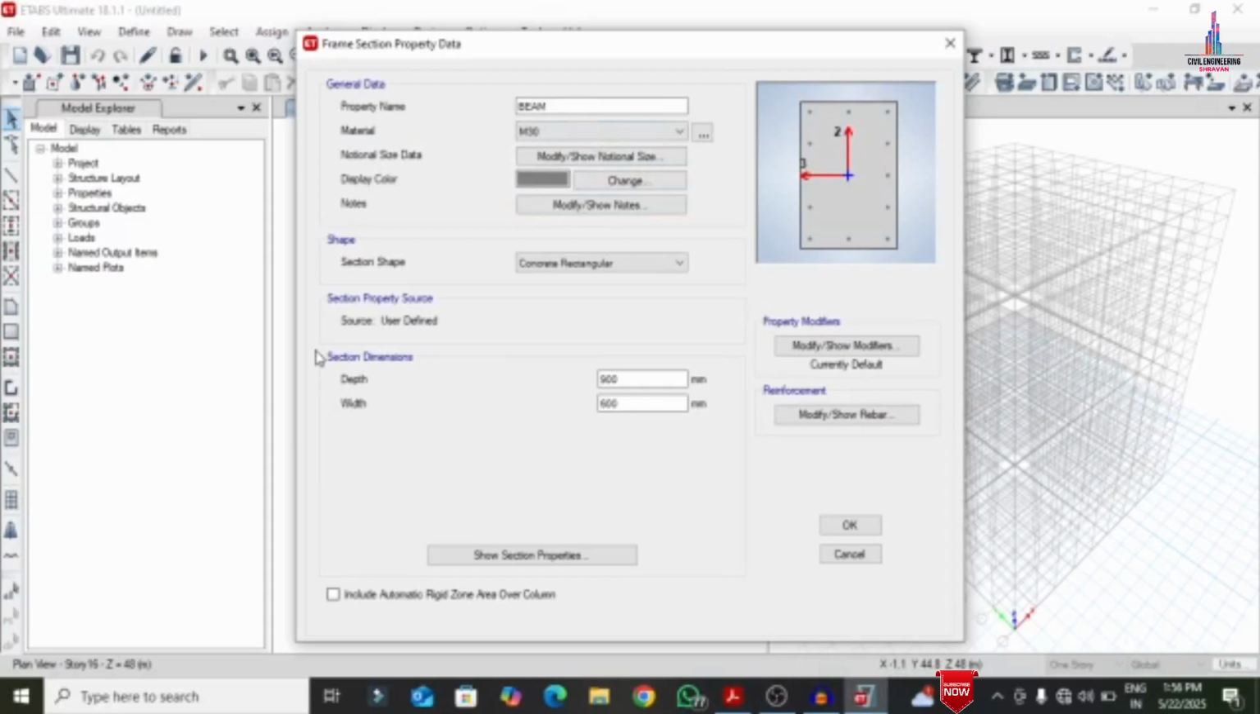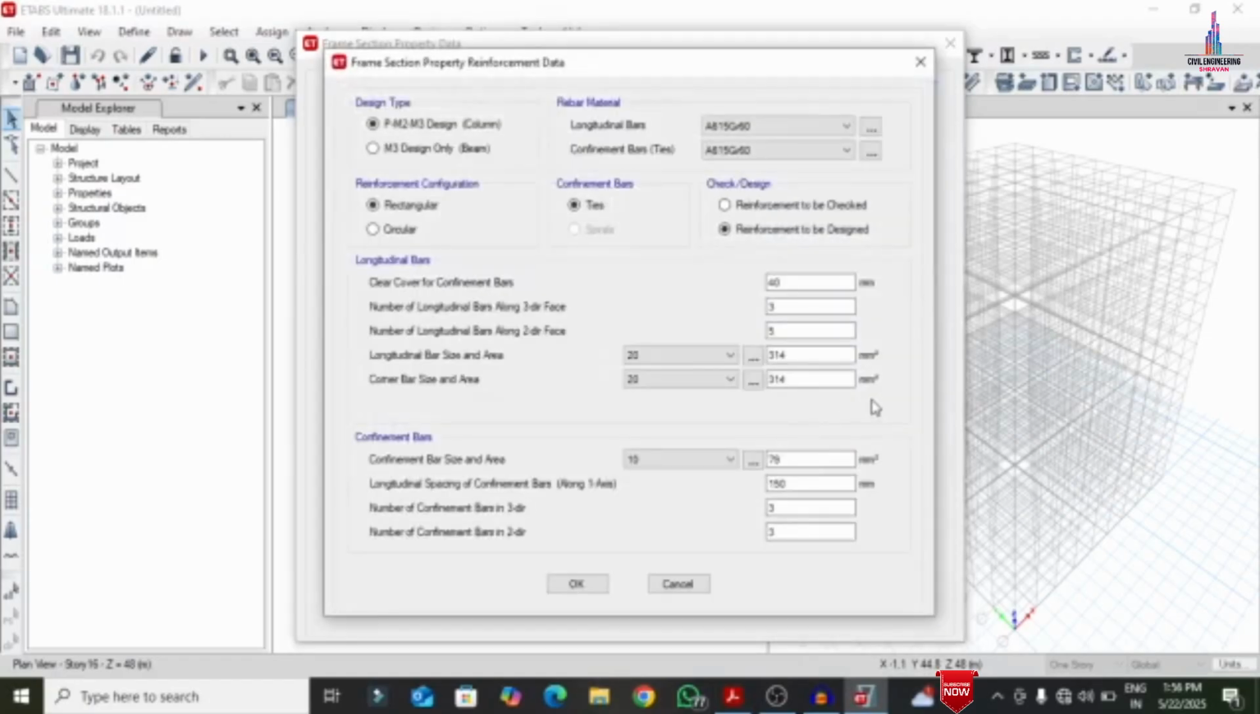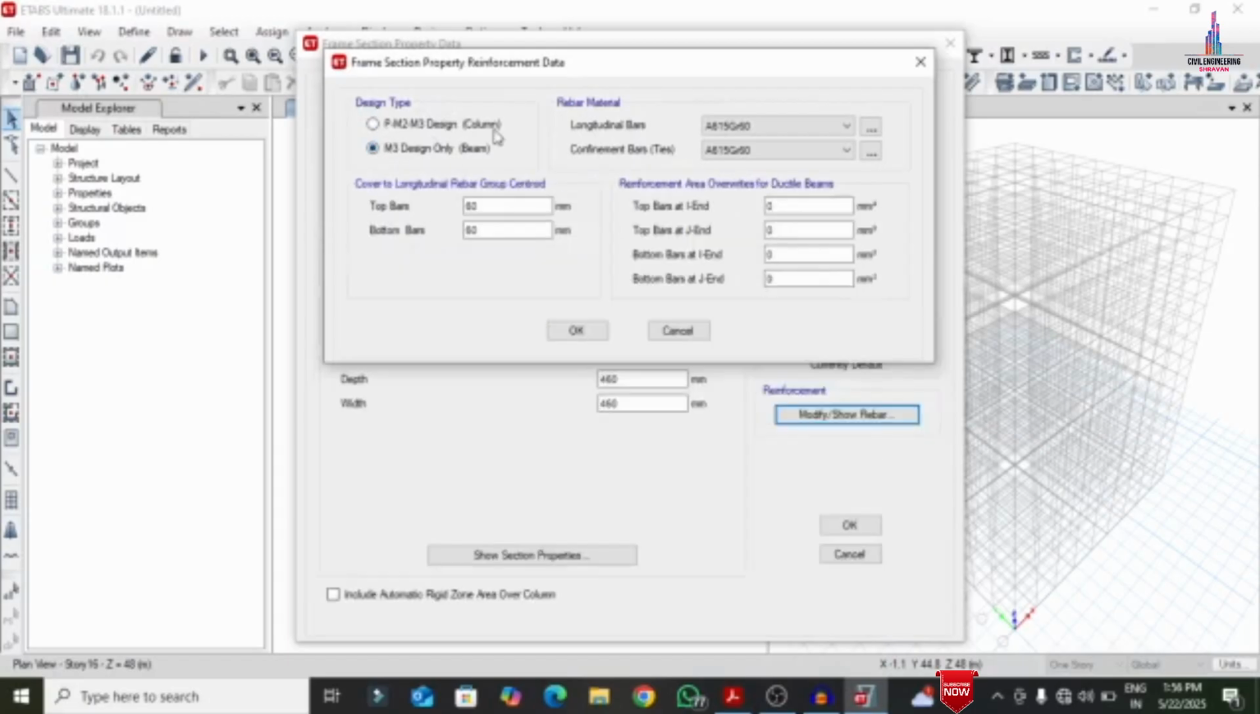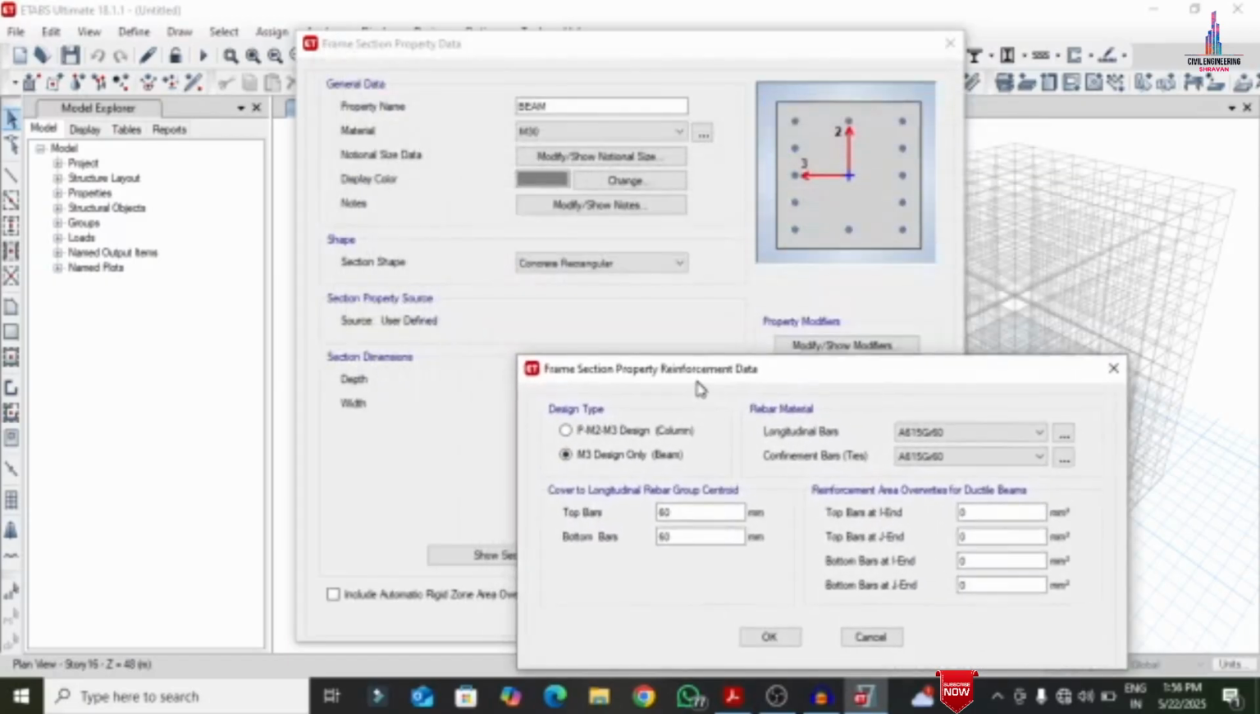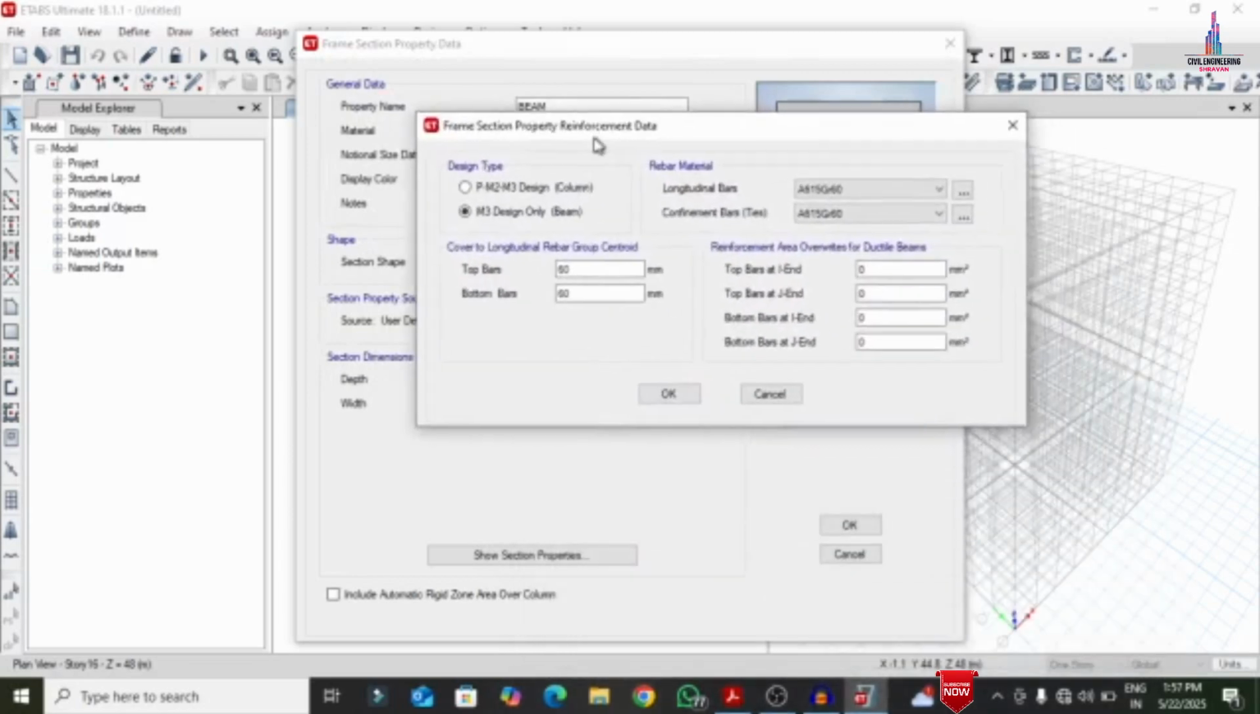Now after this we have to enter the section dimensions as per our consideration. I am taking the beam size as 460 by 460 for this particular beam. Click on the reinforcement option in order to change the property from column to beam. Here we have to select the design type as beam, because we are selecting this particular 460 by 460 section as a beam